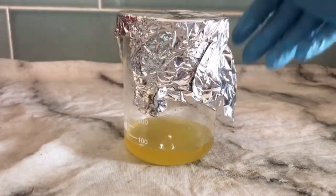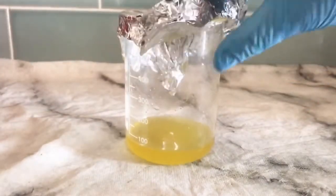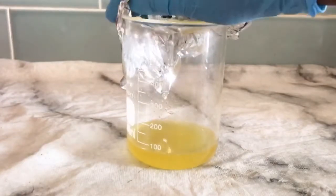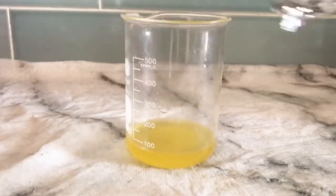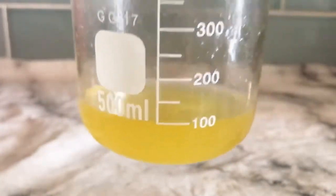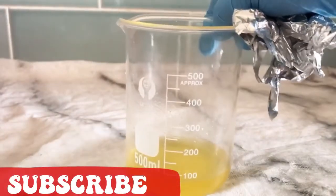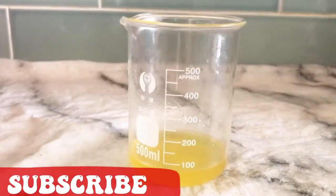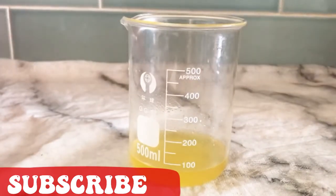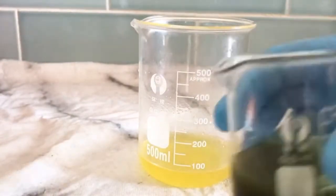So here is my oil. Yes, it was a butter, now it has melted into oil. All right, I have my shea butter, my mango butter, my cocoa butter, and then my emulsifying wax melted. Now the next thing I'll be doing is to add my neem oil into my melted butters. Now that is still warm, so that they can